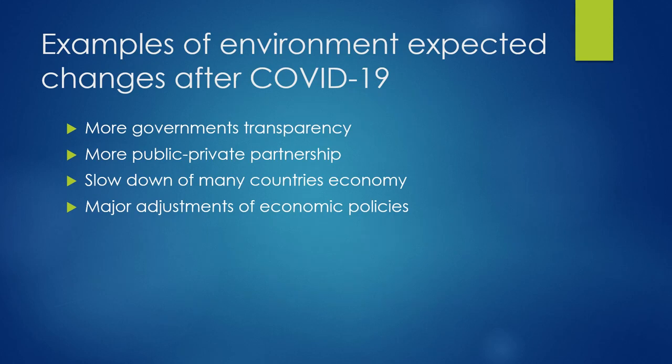If we think about how the government deals with the virus nowadays and in the future, more government transparency will happen. More public and private partnership to overcome this health problem. Slowdown of many countries' economy, major adjustments of economic policies of the governments,